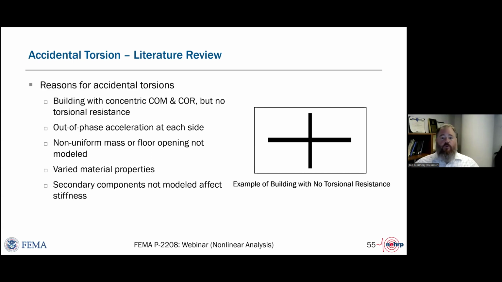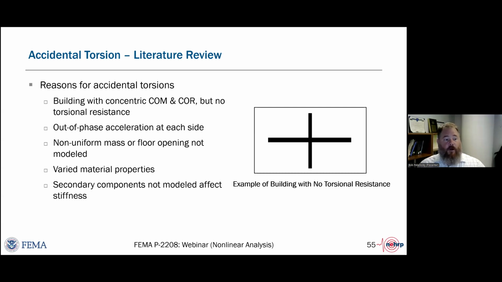Well, buildings twist. Your estimate of your center of mass and center of rigidity may not be completely accurate, and the model only knows what you model. So if the real building's center of mass or center of rigidity is different than the model thinks, there may be twisting that the model's not capturing.